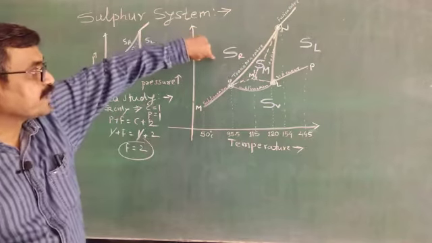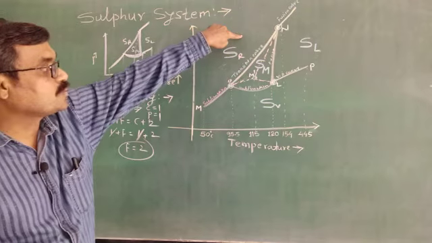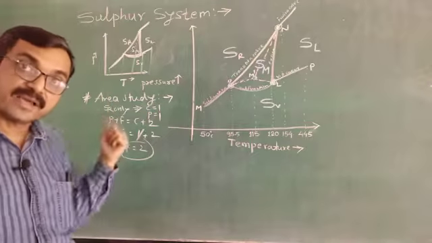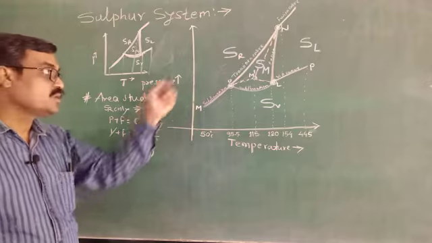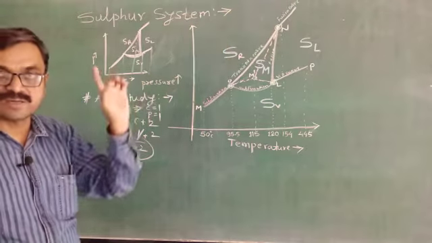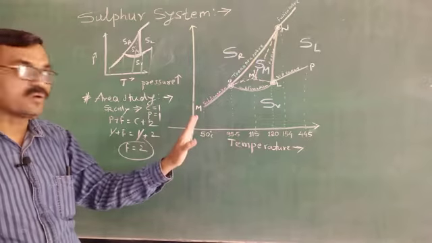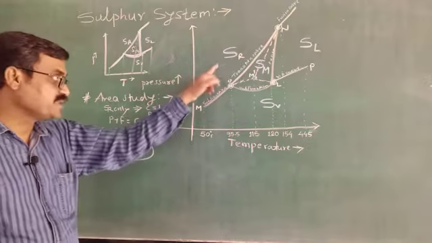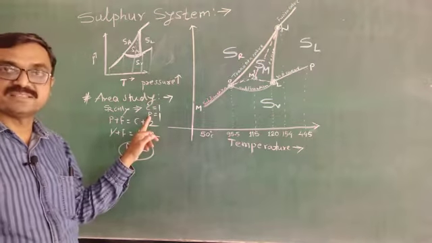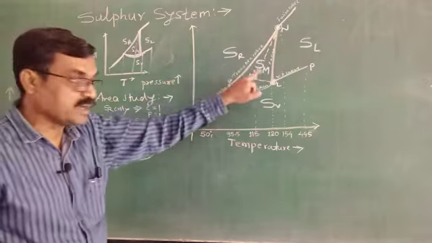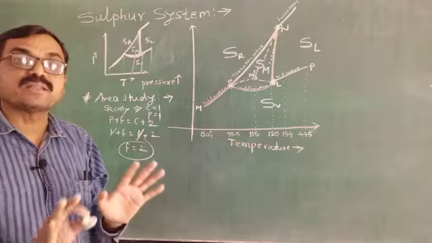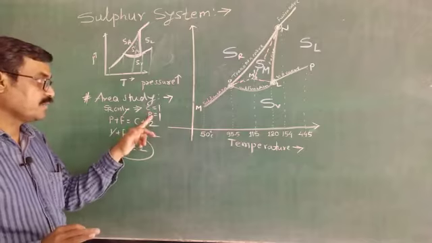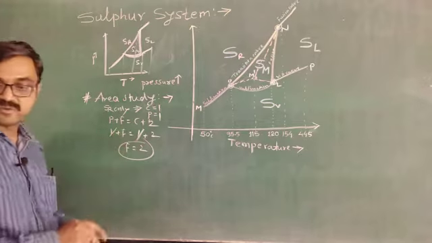Initially by looking you understood that to locate any point here, you need to know two things, temperature and its corresponding pressure. That means you understood that the degree of freedom is 2, but according to this phase rule, yes it is true, because here there is sulfur rhombic, the chemical composition is only sulfur, so C equals 1. Which phase is there? Only the sulfur rhombic phase. Sulfur rhombic and monoclinic are both solid phases, both polymorphs, but here there is only rhombic, so one phase, and according to Gibbs rule it is bivariant.